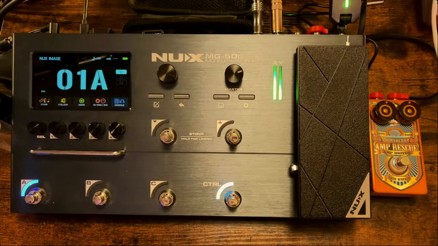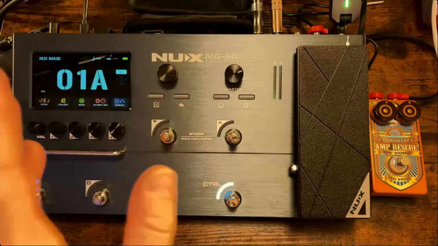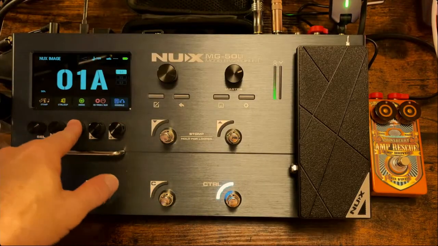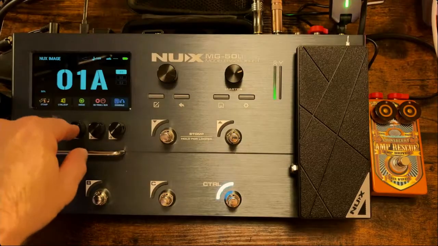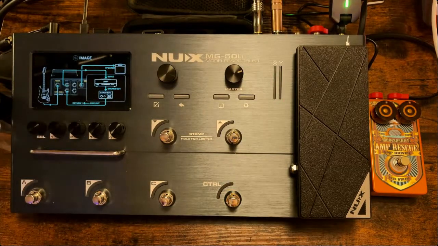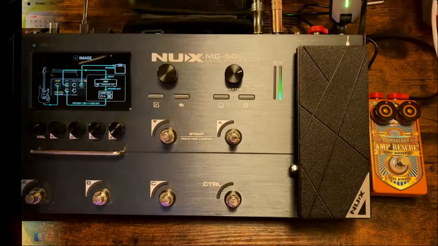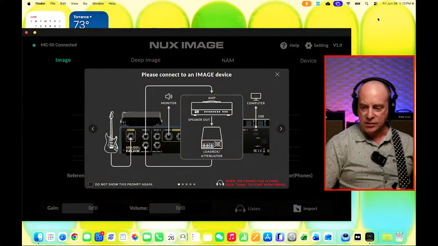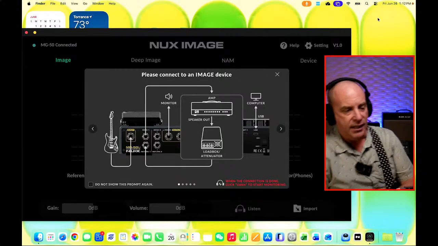Get our sound back there. Now, if we want to start imaging, what we need to do is hit the image button here, which is right under the encoder. And once we do that, we're now in image mode. At this point, we want to switch over to the app, which is, as you can see, to my right. And with the app,